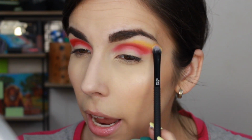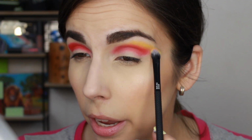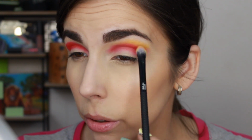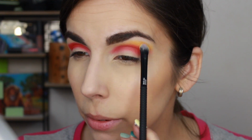I thought having this shade in here, incorporating yellow out here, might help keep it from looking just like a watermelon eye look, or even a strawberry, because I didn't want it to look like it was inspired by candies, but I didn't want it to look like candy on my face, if that made sense. I wanted it to look like a fun eye look that just happened to have all the shades in